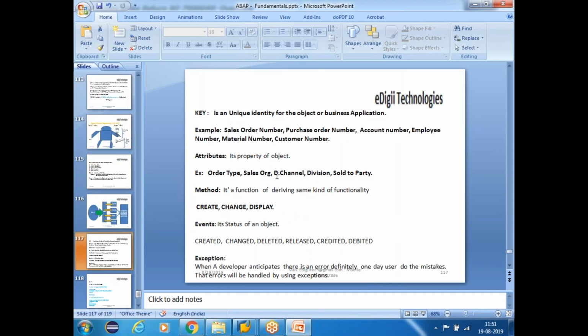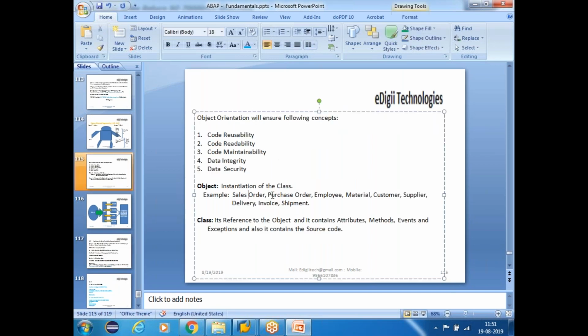Now the business objects. Sales order is a business object, purchase is a business object, employee is one business object, customer is one business object, supplier is one business object, and delivery is a business object. So every business object will have the key things: what is the key for your business object, what are the attributes and properties of your business object, what kind of methods and functions I can do with that business object, what are the events with the business object, and also the exceptions, guys. Okay,